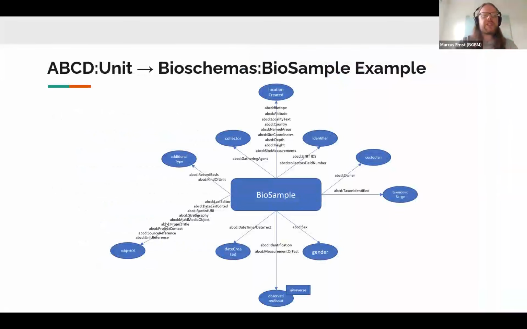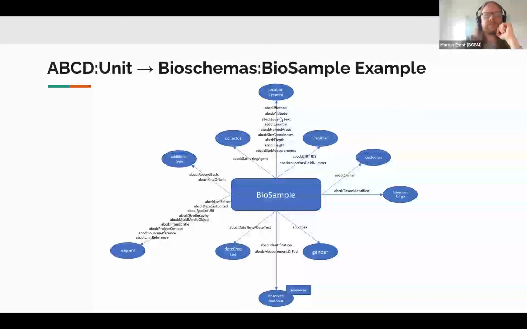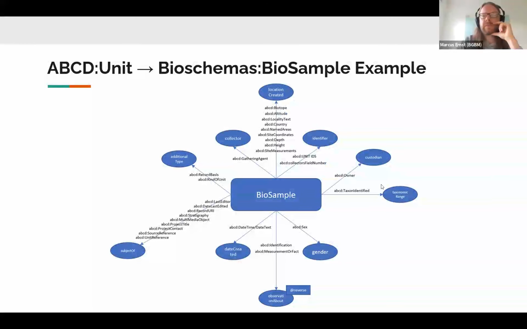A different use case is the biosample mapping. This revolves basically around mapping ABCD unit level information to BioSample. And the key idea behind this representation is that unit level ABCD elements can be reorganized into a Bioschemas element graph, where the edges here link to the respective ABCD element, for example, ABCD biotope or owner.